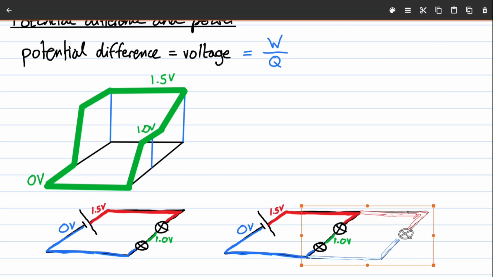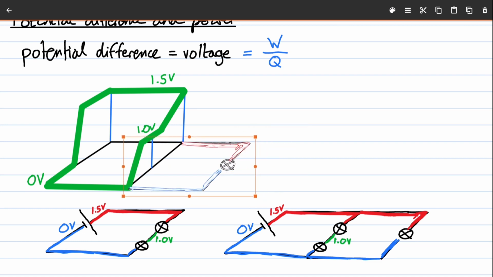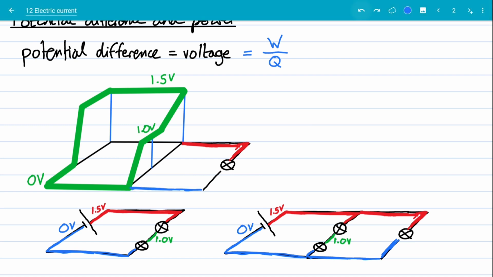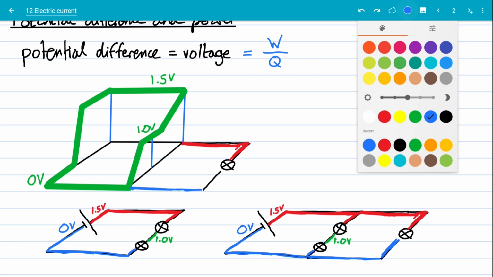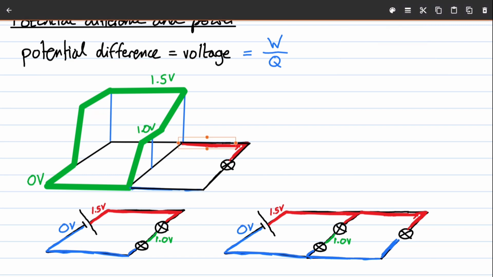Let's get a copy of that. What happens in this circuit here? So just like last time, I'm going to try to draw it in 3D. So we've got this bit there, we've got this bit there, we've got this bit there. And you can go ahead and try and do this yourself. You know, if you think this is easy,